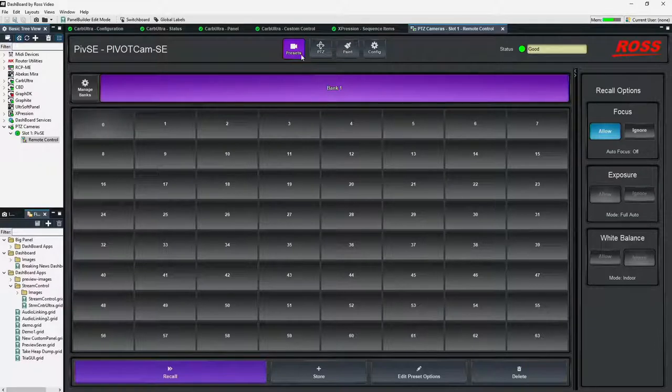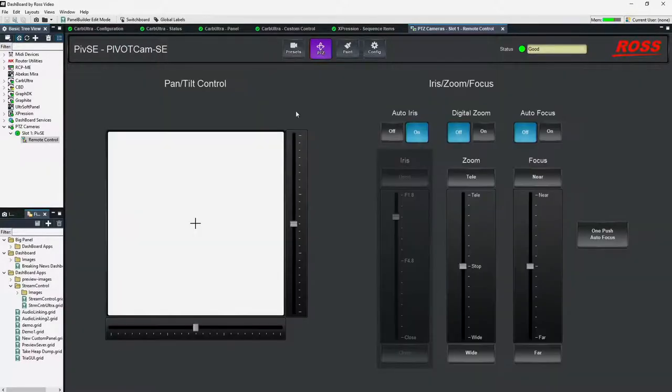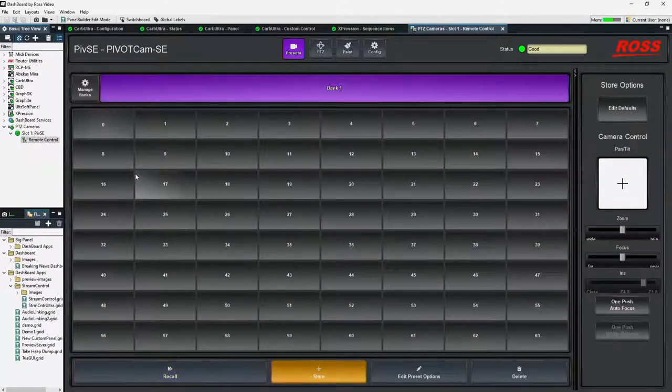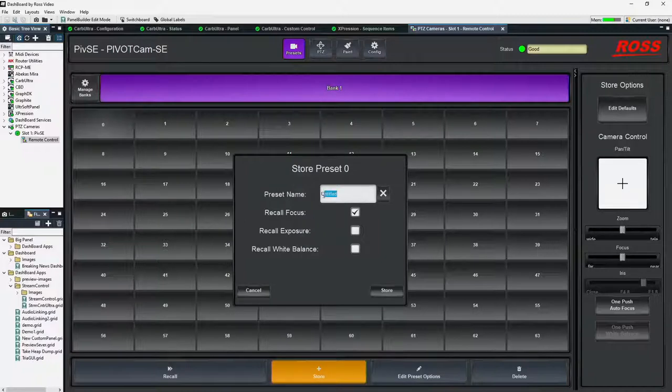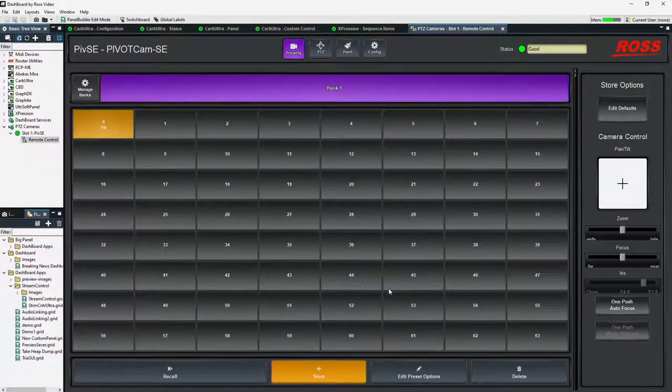We've got the ability to now start storing presets and controlling the PTZ of the camera. I'll do a quick store of a preset, and we'll call this Pivot non-SE.